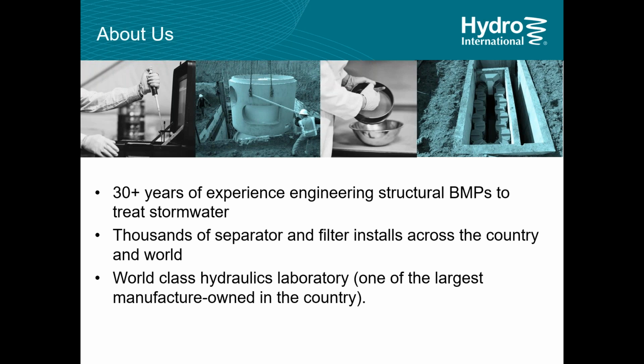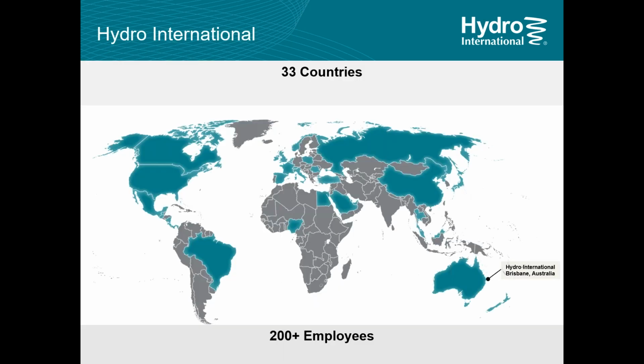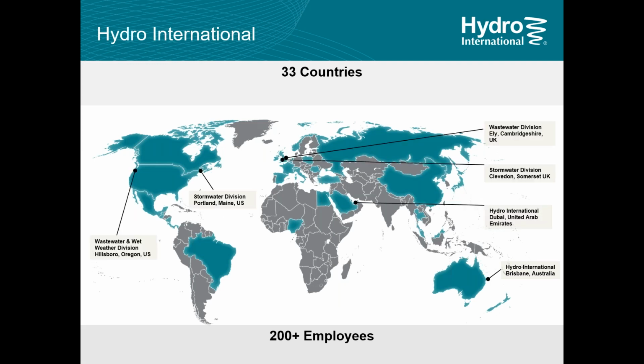We have 2 hydraulics labs, one in Portland, Maine, and one in the UK, and these allow us to do a lot of research and a lot of testing. In fact, the hydraulics lab we have in Portland, Maine is a world-class lab. We do work in over 33 countries, so we see a lot of stuff from around the world, a lot of different situations, a lot of different technologies. We have over 200 employees